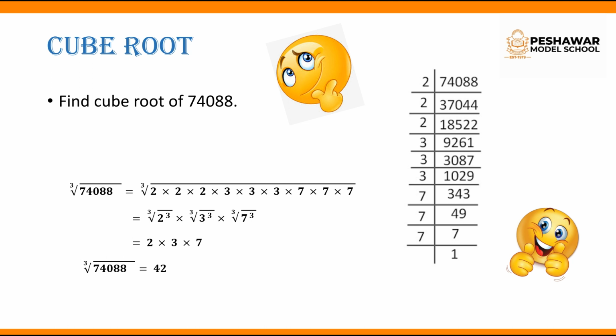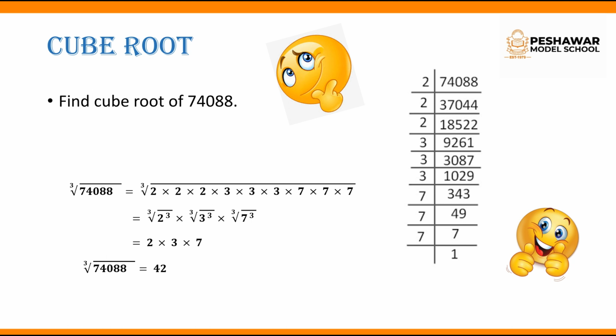Now what is the cube root? It is the same as the square root, but in square root the value of the power is 1 by 2, and in cube root the value of the power is 1 by 3. The index of the root is also mentioned. In square root we do not mention the index, but in cube root or fourth, fifth and sixth roots, etc., you have to mention the index of the root. For example,